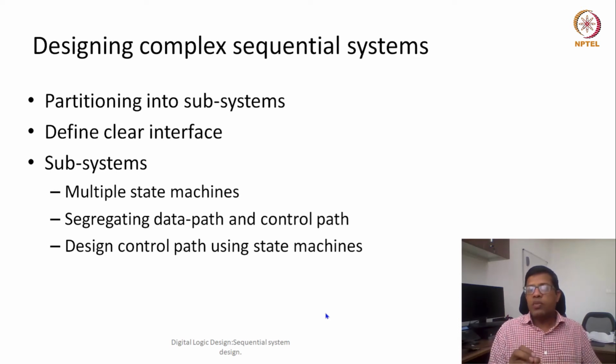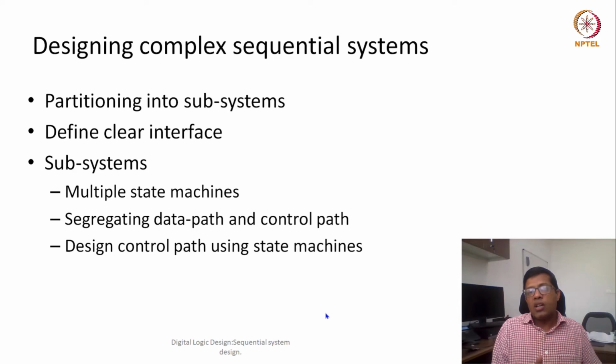Interface has a different meaning in different kinds of systems. Let's say you're creating a huge piece of software and you would like to divide things into multiple subsystems, then the interface is going to be the API, application programming interface, or basically the function calls, their parameters, the list of arguments and their behavior.